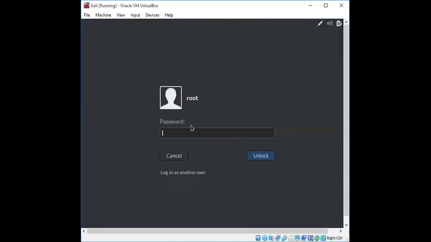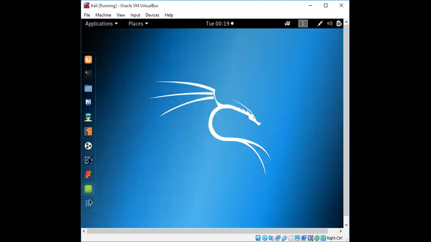Let me check with this. Okay, keep this terminal first, and the text editor.